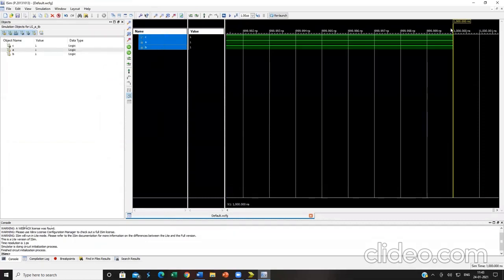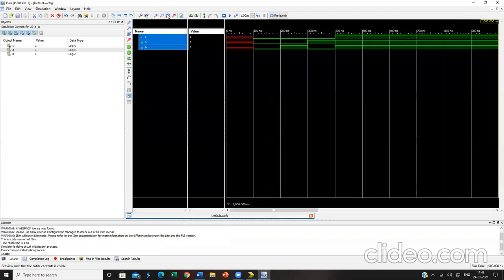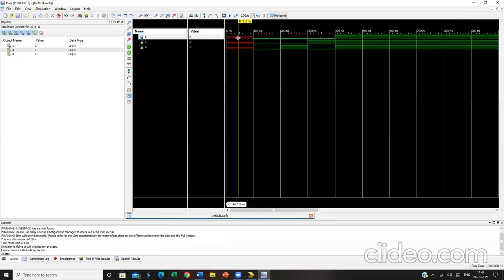So this is our graph over here. Since I do not want this much over here, I am clicking on zoom out. Okay, click on zoom to full view. See over here, after 100 nanoseconds only, it is starting to apply the inputs. So B is the first input, A is the second input over here. So 0 0 means output is 0. 1 0 means, 0 1 means output is 0.